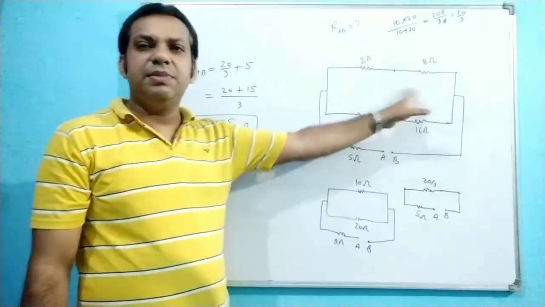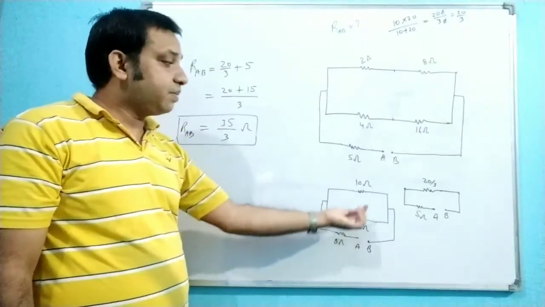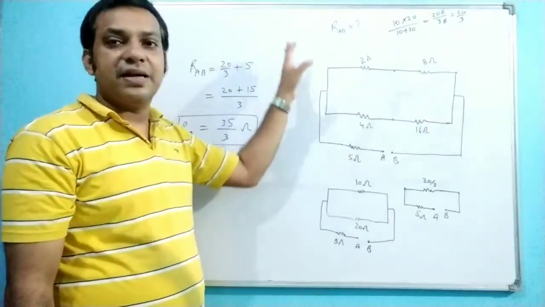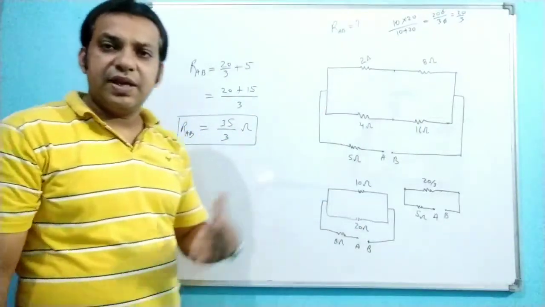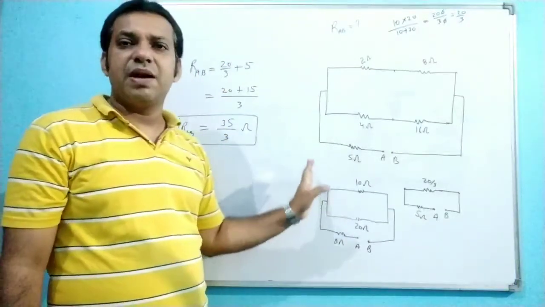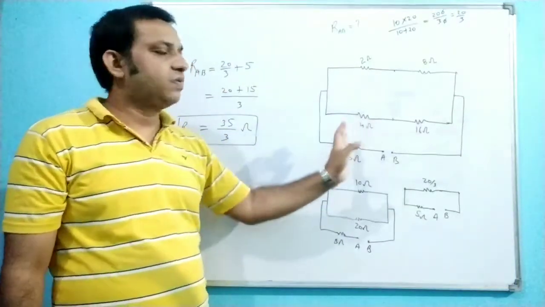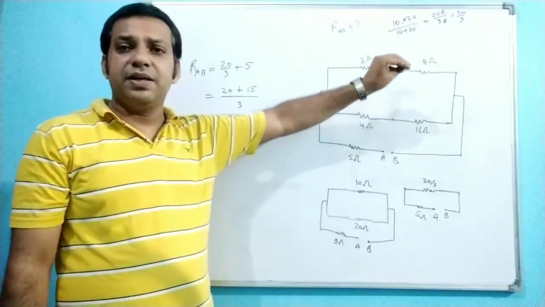So again you will eliminate this one, find the R net, and just find what is the amount of current supplied by the cell, and after that there is a division of the current, and simply you can find that one. And also with the help of KVL you can find. So the KVL method is lengthy. Simply, with the help of series and parallel combination you can find the amount of current flowing in any particular resistor. Right? Because after eliminating this one.